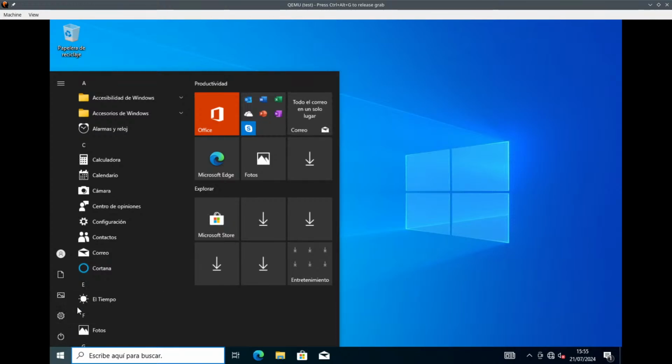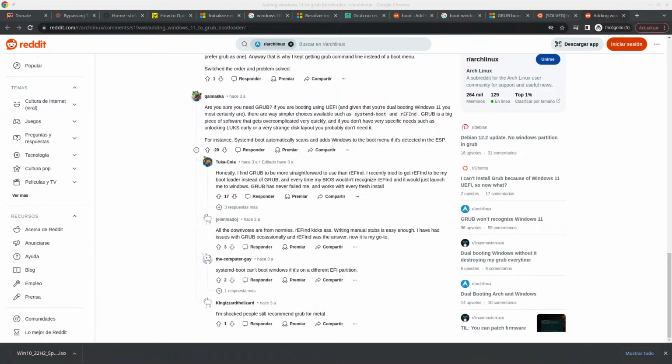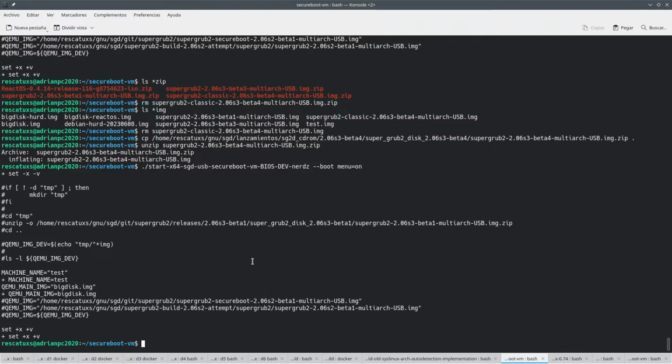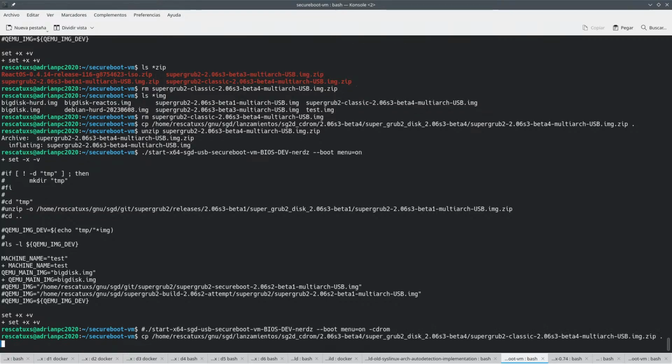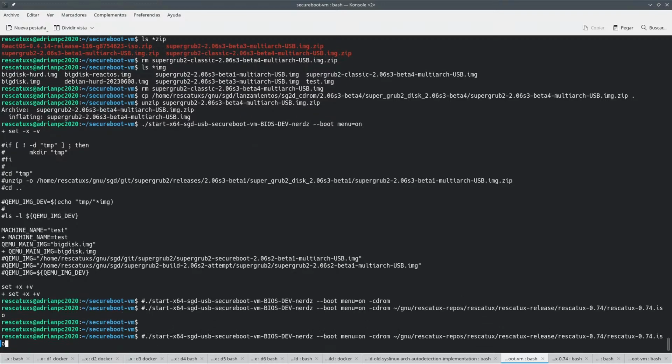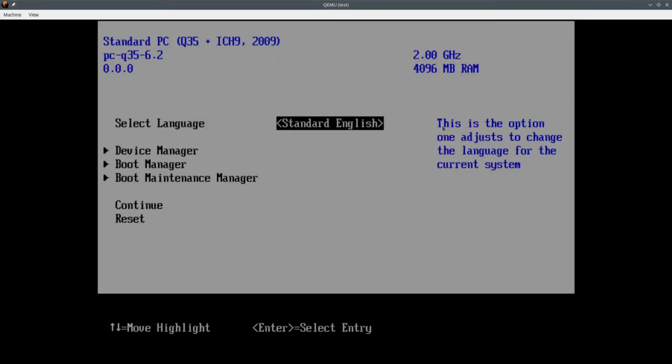So we exit this thing. We are going to close the virtual machine, and now we are going to boot with the Rescatux. Here it is. Oh wait, yeah, that's what I want to use actually. So now I can press ask. I can go to